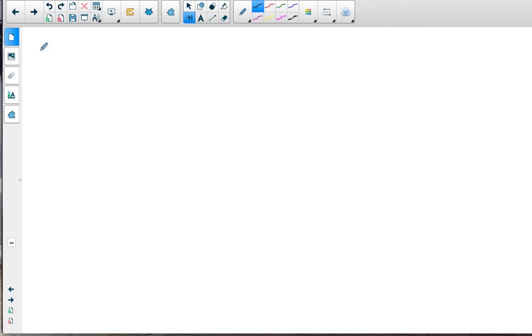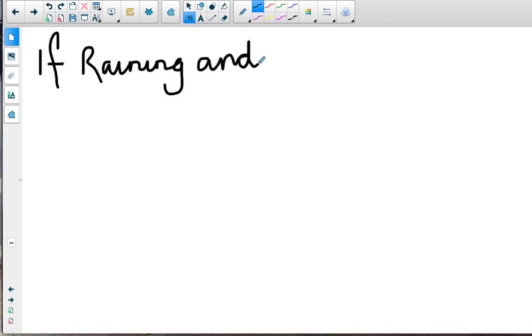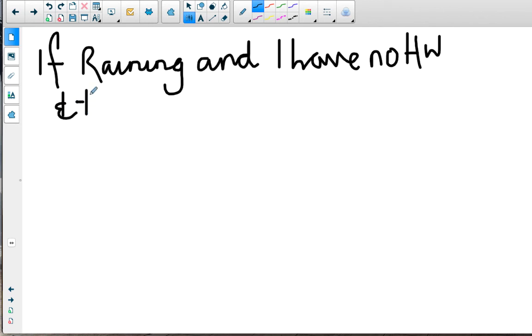So let's now do an example with three inputs, A, B, and C. Here we have an and statement as well as an or statement and a negative statement. So if it is raining and I have no homework, or there's something I really want to see,